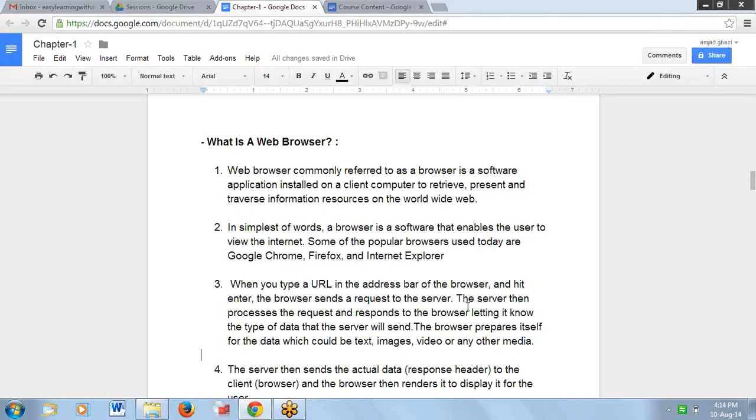So what is a web browser then? A web browser is commonly referred to as a browser. It's a browser software, so to say. It's an installed software. You install it on your machine. हम लोग generally refer करते हैं browser. But if we look at it with a very